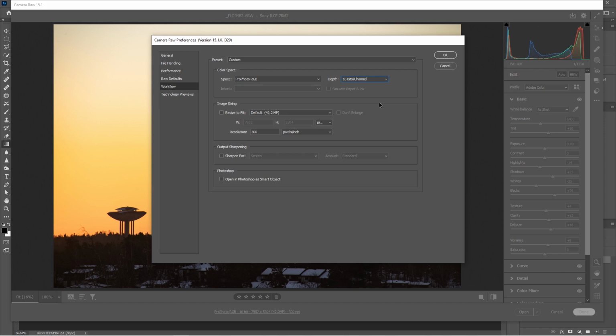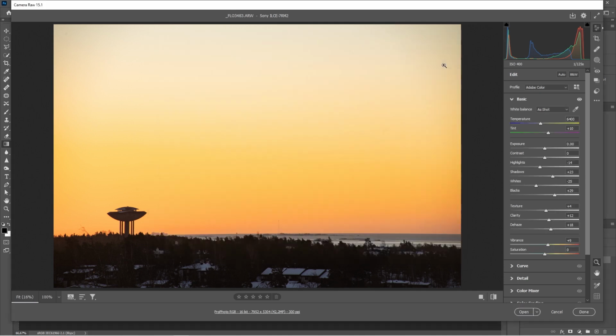Now this was taken with a Sony A7R camera. I think the Sony cameras' raw images record about 12 bits of tonal information. So it still makes sense to open it as a 16-bit image, because if I open it as an 8-bit, I'm going to lose that extra 4 bits of tonal information, which is quite a lot of information to lose. So make sure you check these values